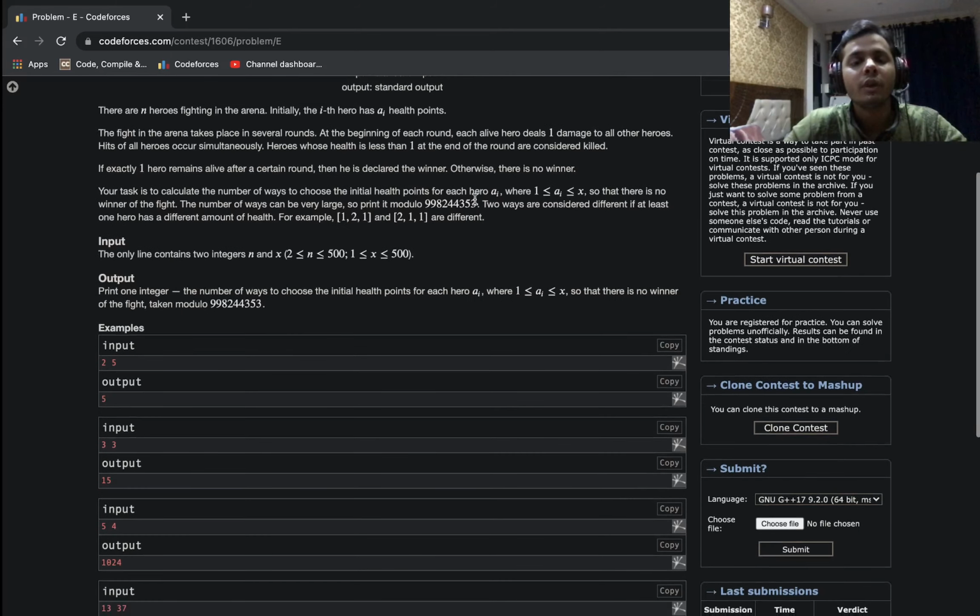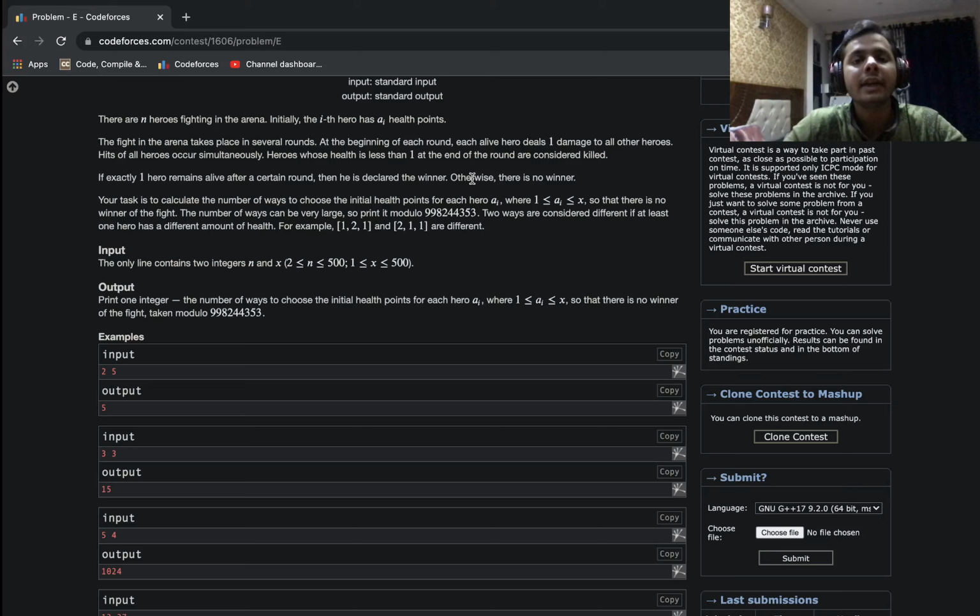So what that means is that there were at least two people who competed in the last round. If there is exactly one person left, then that round will not happen, because he can't inflict damage to anyone. So a good thing to happen here is that at least two people competed in the last round. If that happens, then my sequence a of I to begin with was good, otherwise it was bad.